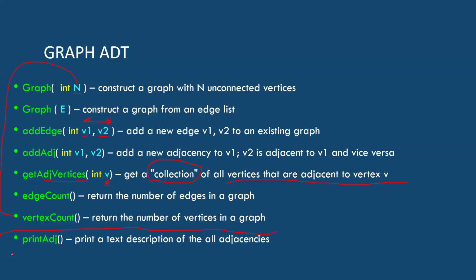This is our first practice problem in class today. I think we'll get through to that. And then print edges is something else we could do. We could imagine more interface methods for our abstract data type, but these are pretty much the ones that we're going to need to get up and running. So let's dig into that a little bit and see if we can get into some of our